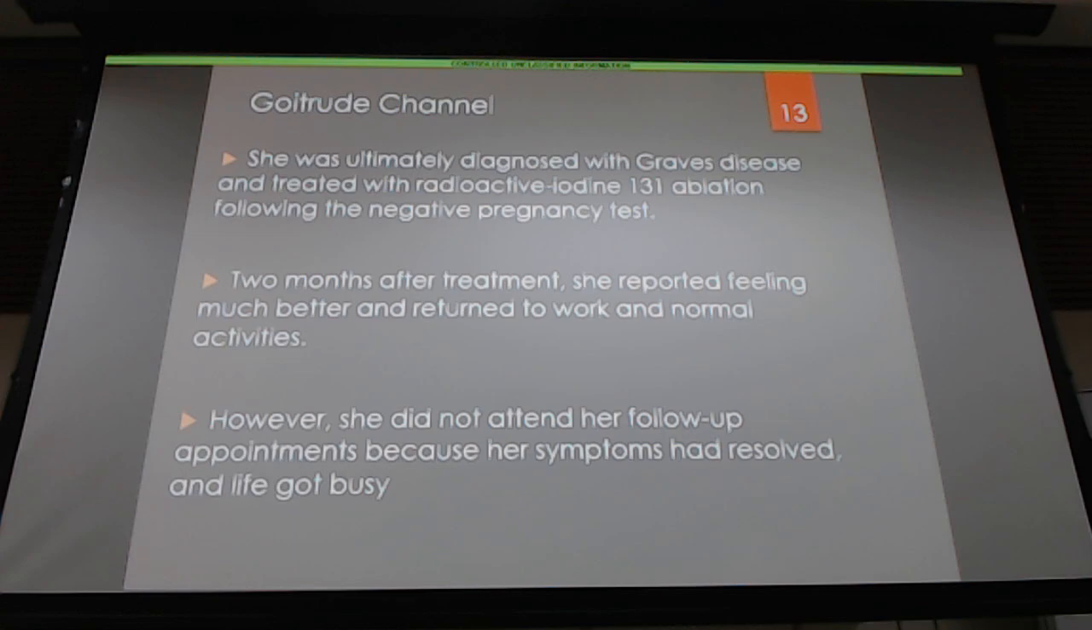Okay, 2 months after treatment, she reports feeling much better, returned to work and normal activities. However, she did not attend her follow-up appointment because her symptoms had resolved and life got busy. Welcome to Florida. This is a Florida picture